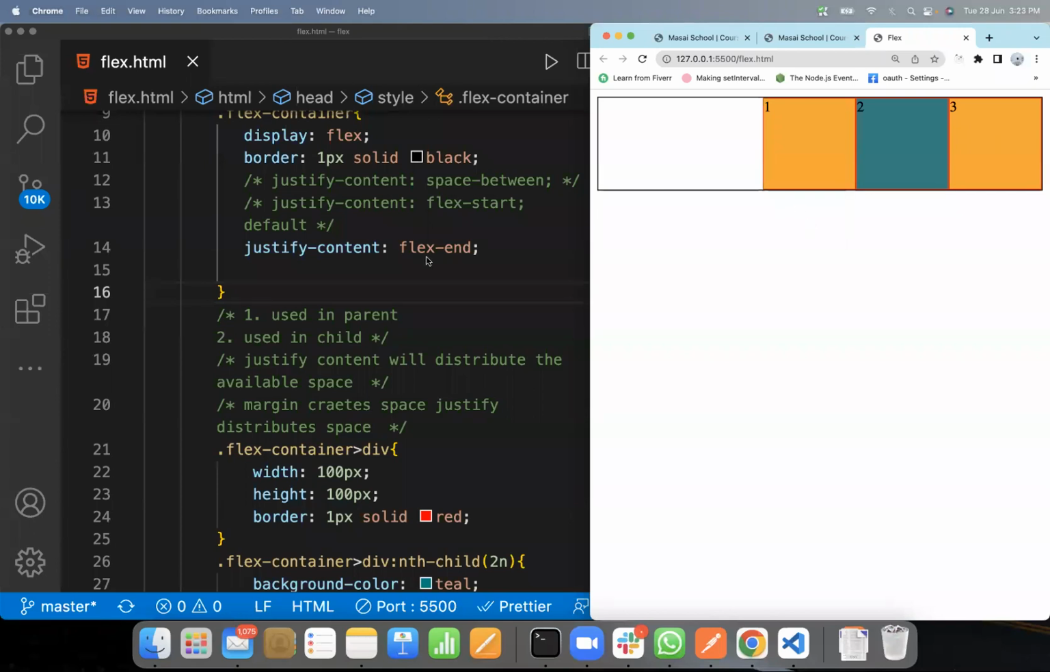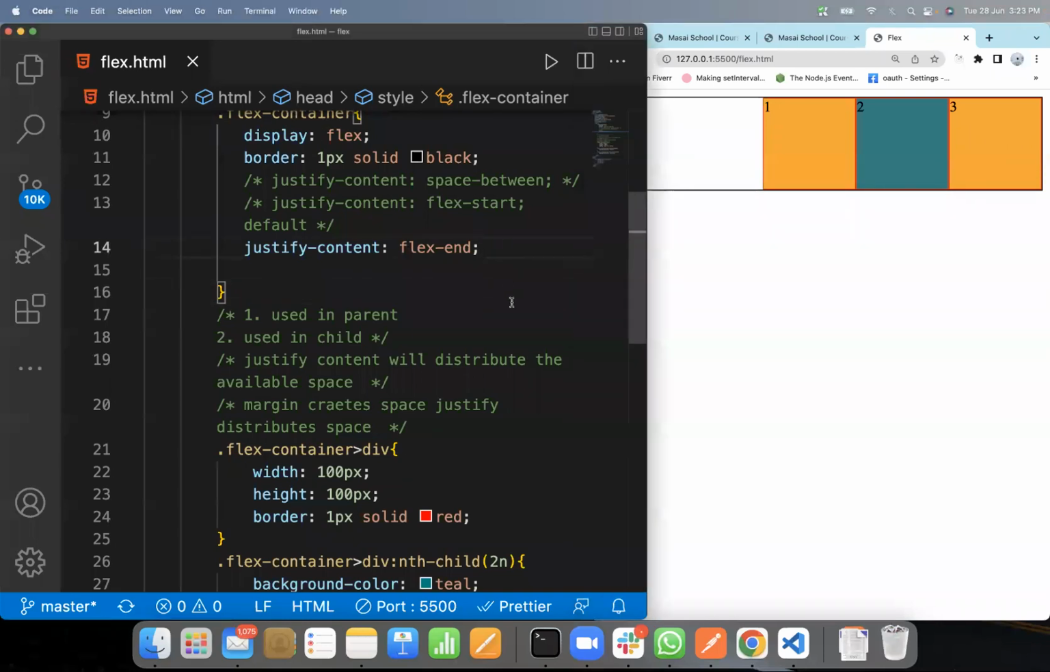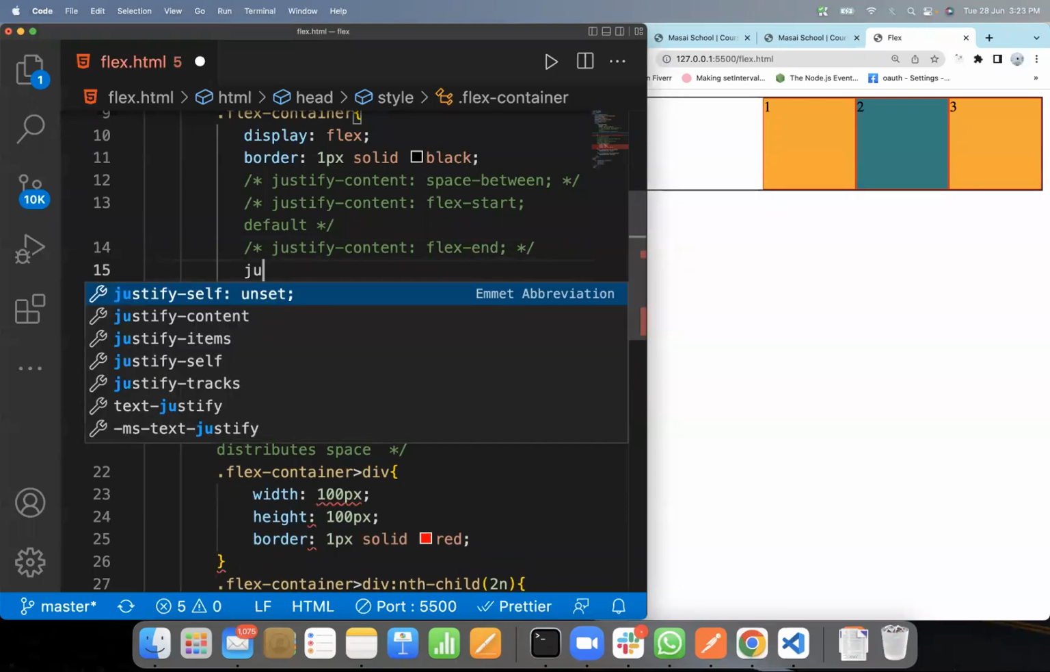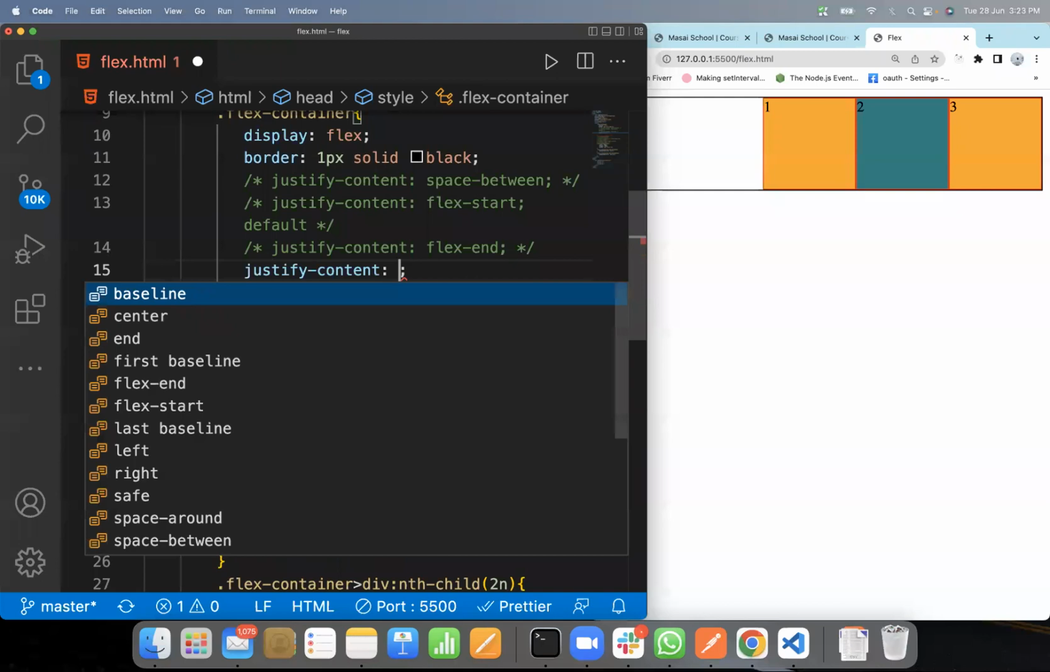Are we clear with this thing? I will explain again that this is the container. Children are, in case of start, starting from here, the start of the container. In case of end, it is at the end of the container. Okay. Now, if flex end is clear, let's go into the next thing, which is justify content,